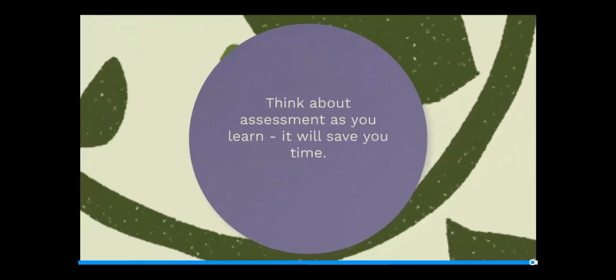If you think about assessment as you go through your learning, it will save you so much time later. So thinking about exams, thinking about any assignments you've been given, just make sure that you're framing everything you're doing online around developing and deepening your knowledge, but also using your learning towards an outcome that you recognise and understand, that you've thought about before the event, and then reflect on after the event.